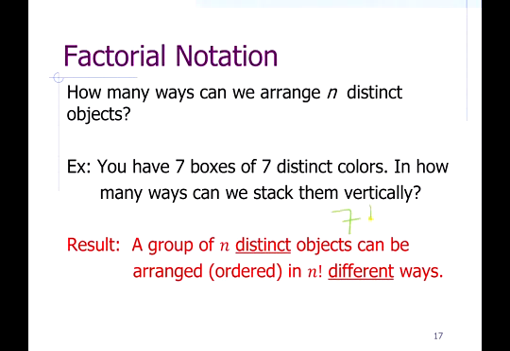7 factorial. And from these 2 examples, we could generalize this: any group of n distinct objects can be arranged or ordered in n factorial different ways. All right,